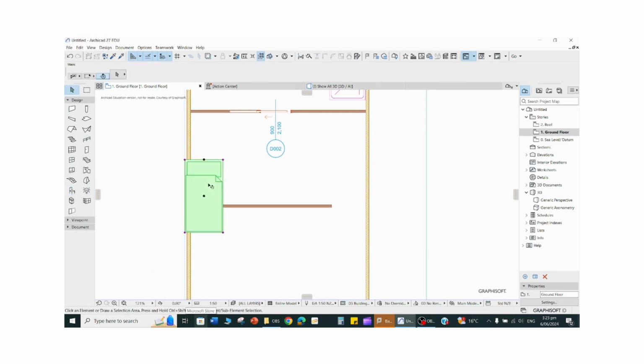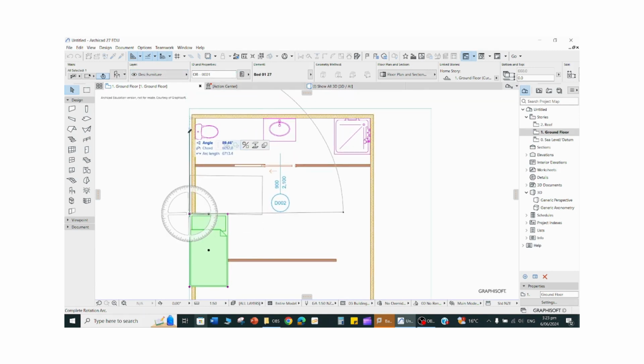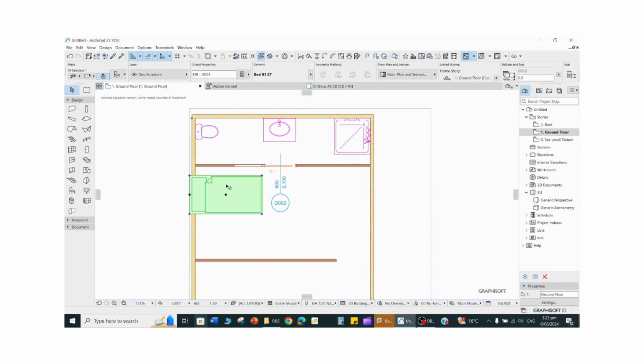Go to my arrow tool, go and turn the bed 90 degrees,